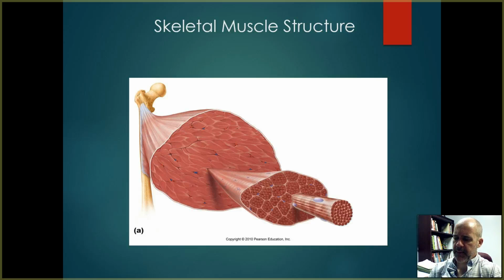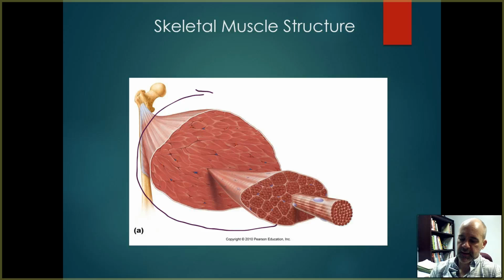All right, writing on the iPad, you never know how clear it's going to come out. But remember, this is a diagram from your textbook of a whole muscle that has been cut open. And remember, you have a skeletal muscle composed of skeletal muscle tissue, but you do have connective tissue covering. So remember, like they're showing you here, that kind of white film that you see there, that is the epimysium,